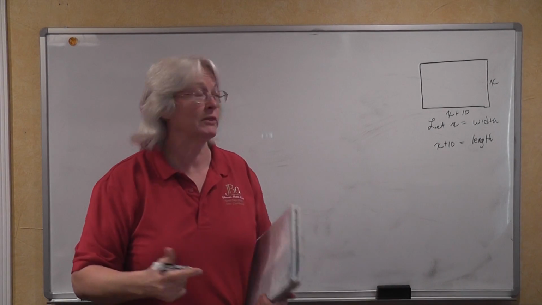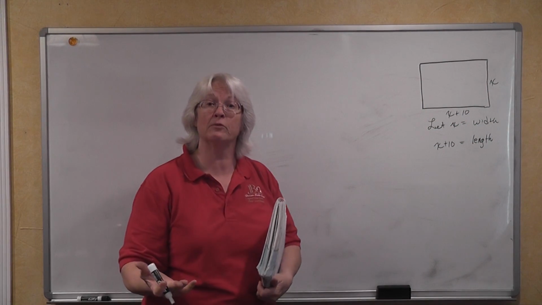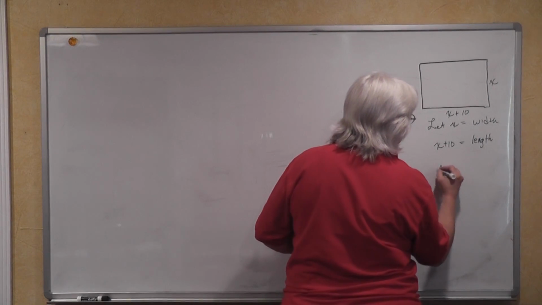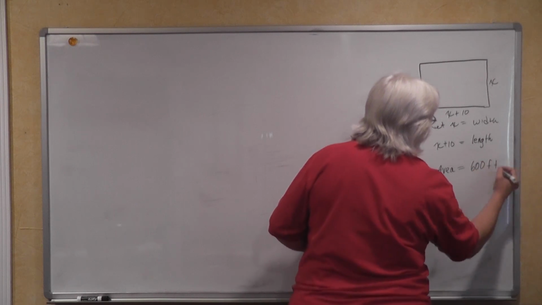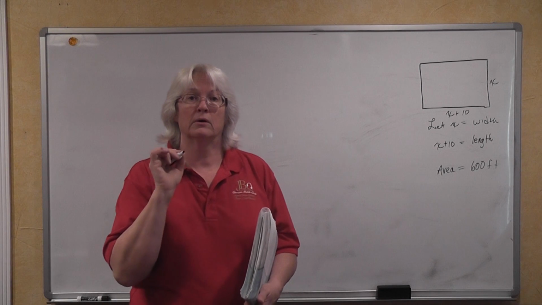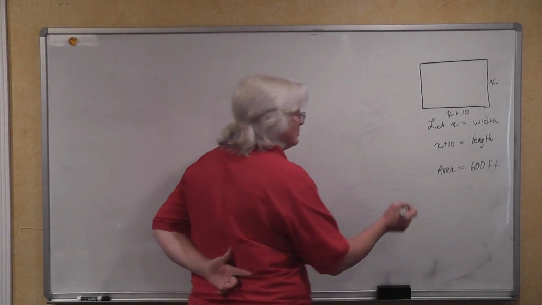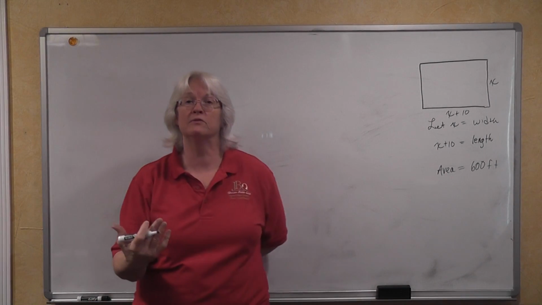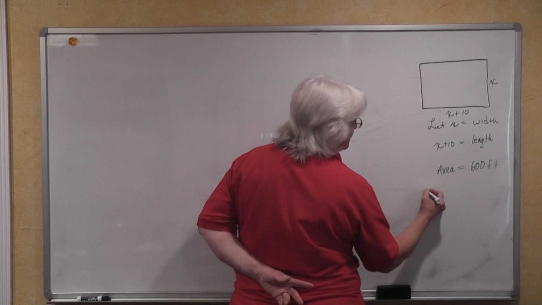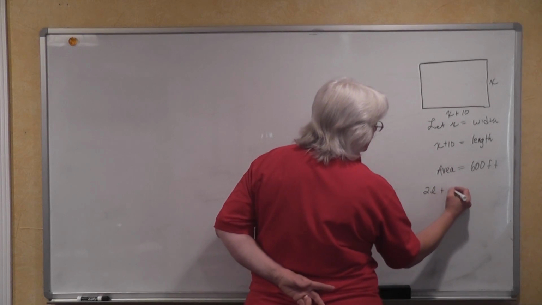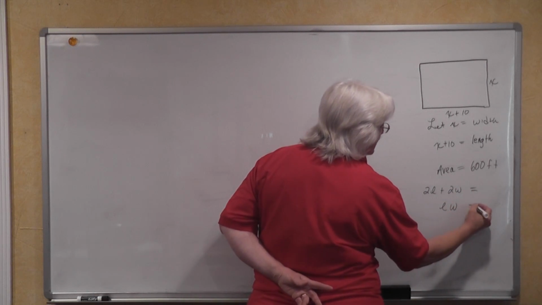Okay, so we have the width of x, we have the length, x plus 10, and what's the other piece of information they've given us? The area of this dog pen has to be 600 square feet. Now, you have to know your formulas, you have to have an understanding of your problem. You have two formulas that I can think of that you've known and applied when you're dealing with rectangles. You have twice the length plus twice the width is equal to something,